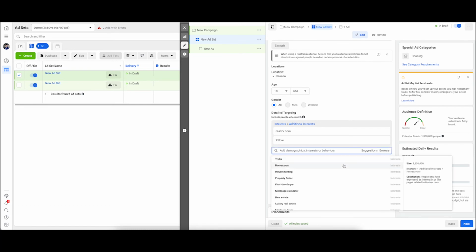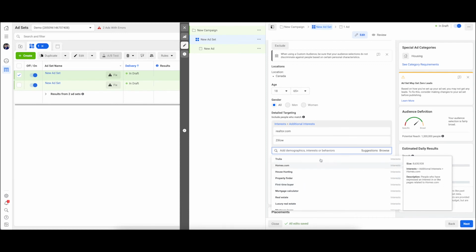So I don't think Facebook has in here first time buyer house hunting. So right here, people who have expressed an interest in or like pages related to house hunting, you know, don't do luxury because luxury is very aspirational. A lot of times that's just people dreaming and looking at it. First time home buyer could be interested, so people who have expressed an interest in first time home buyer, but